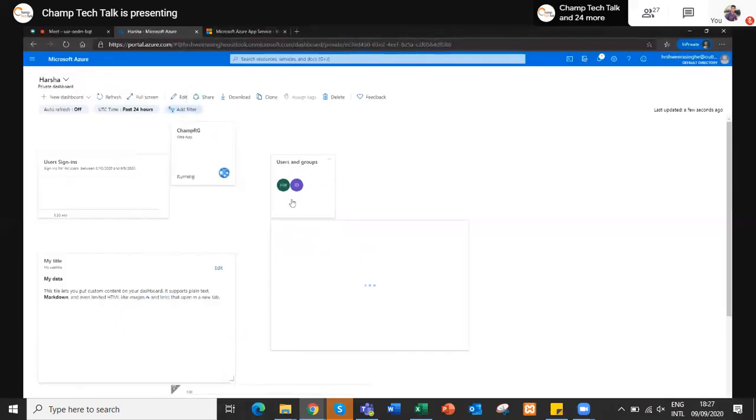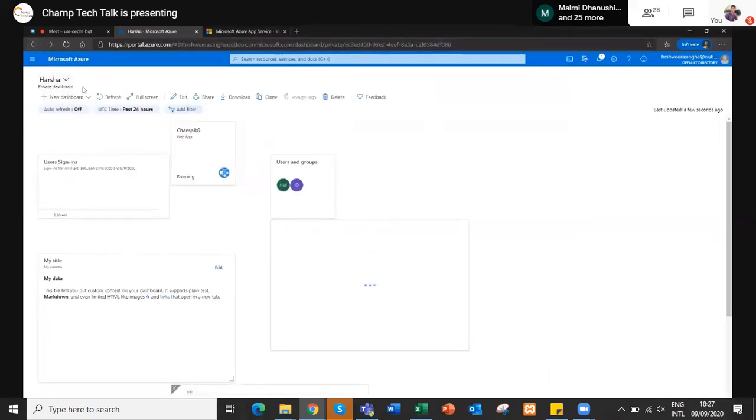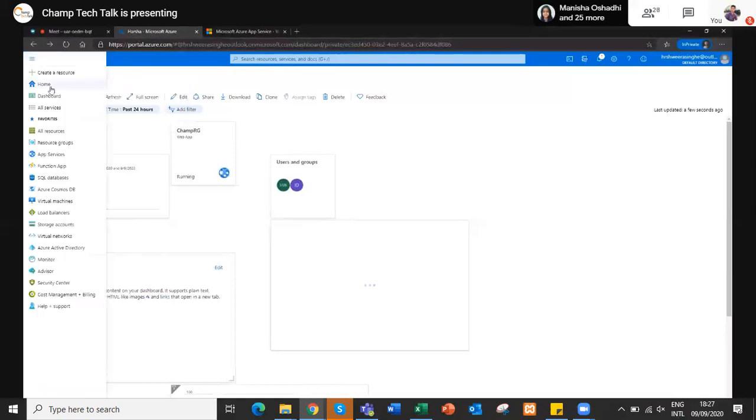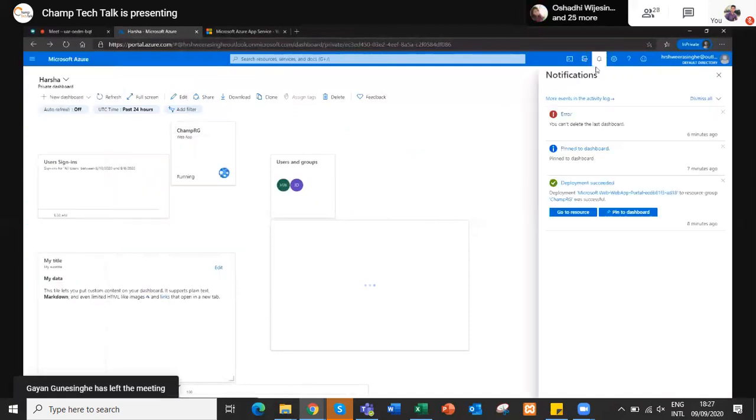So this is just a dummy dashboard that I created. You can switch back, and you can see this is a private dashboard. We were talking about adding users to your subscription. What if you want to share your dashboard with other users as well? You can do that with this Azure shared dashboard option. So that's possible. Let's go back to our application,